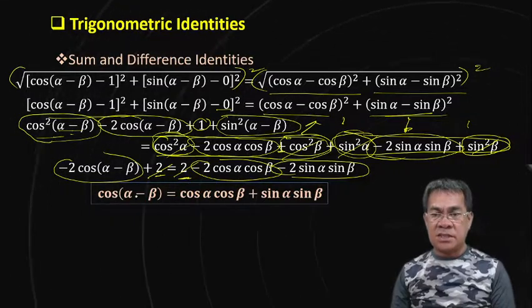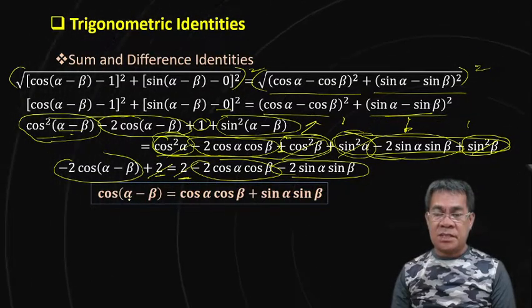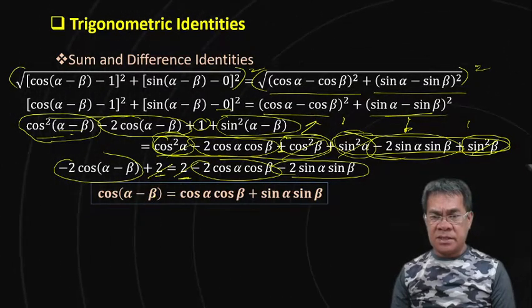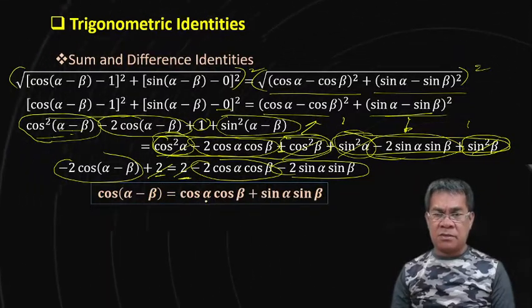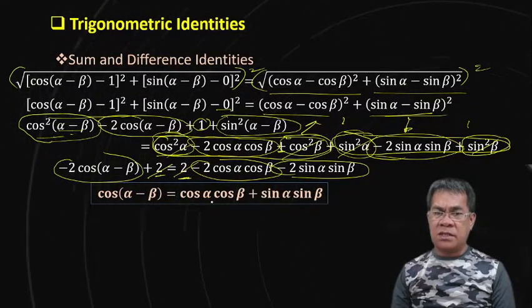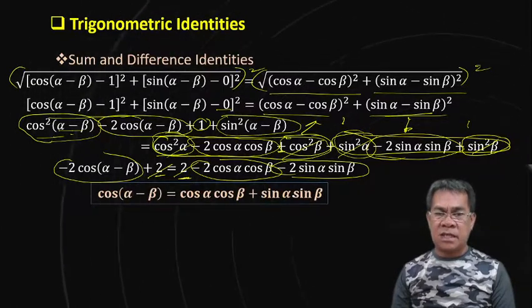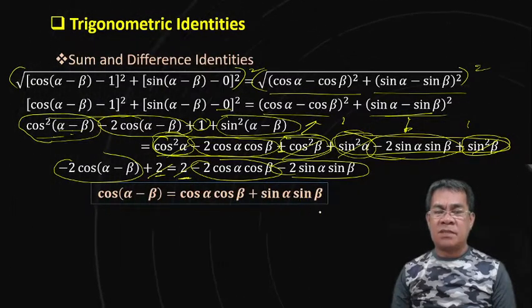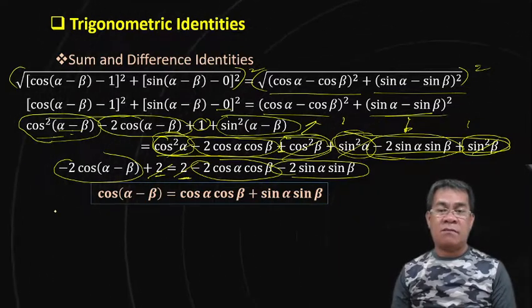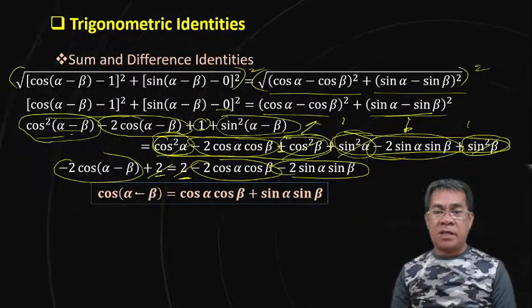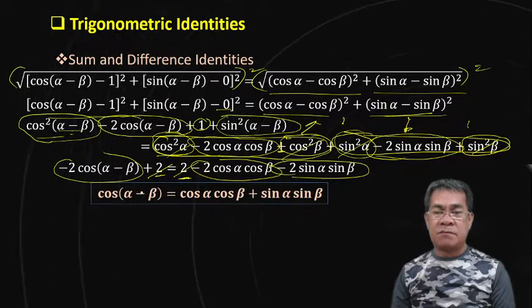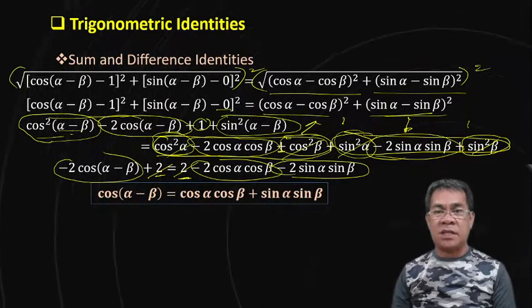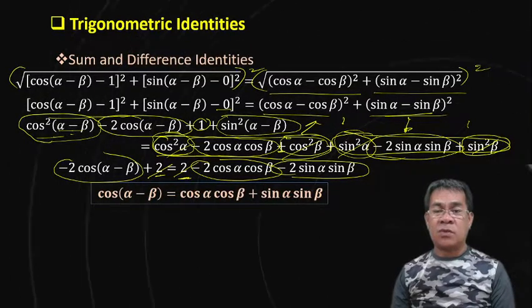So you can notice, for example, if this is 30 degrees and this is 75 degrees, the cosine of 30 degrees minus 75 degrees, then you can expand it as the cosine of 30 times the cosine of 75 plus the sine of 30 times the sine of 75 degrees, and vice versa. Meaning, you can break these different angles by using the identities, because it's difficult to work with this one,